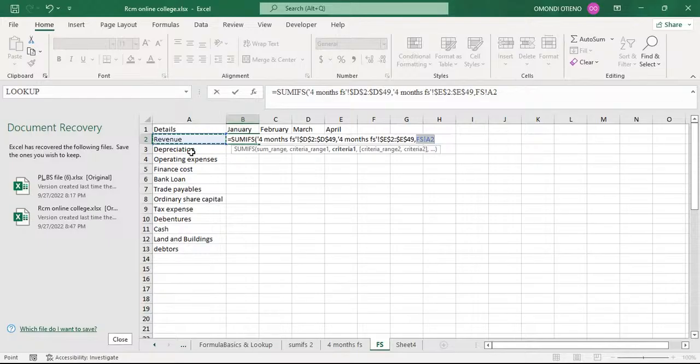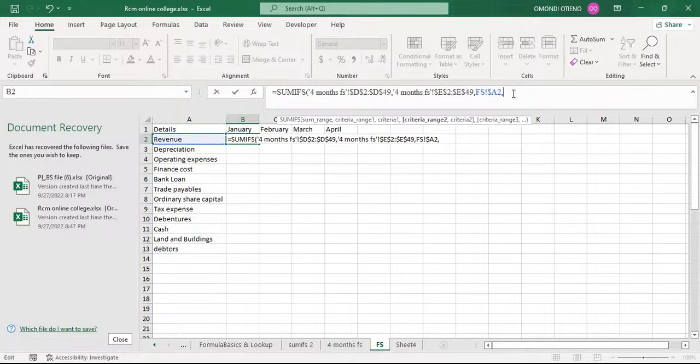What do we mean by partial dollar referencing? We are going to lock that reference point. So we are going to lock column A. Remember, in my function here, A2, A represents column, 2 represents row. So if I say I'm locking column A, then I place my dollar sign before the letter A. So shift, then 4 to get the dollar sign inserted there, comma,